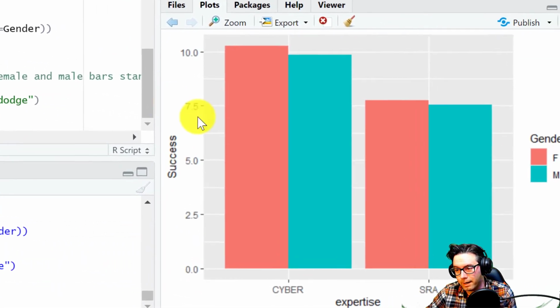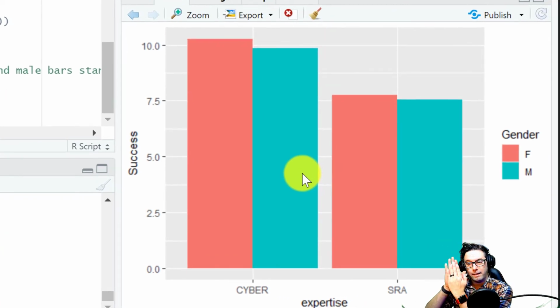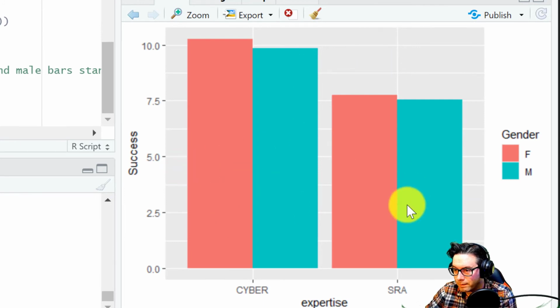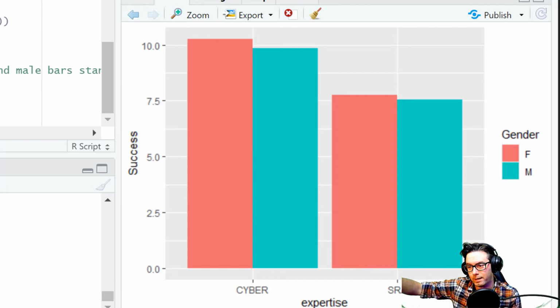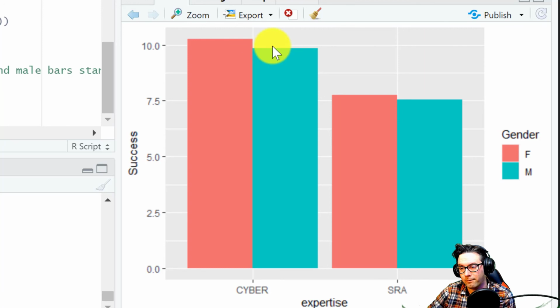So when I run this line, notice that it takes it and just slides it over. And there we go. It's beautiful. But that's how we're able to specify gender within the expertise. So it's divided out even further. And so then this is going to be the average. This is its average. This is its average. And this is this average, right? Or the mean, excuse me. Okay. Anyways, I think that is good for this